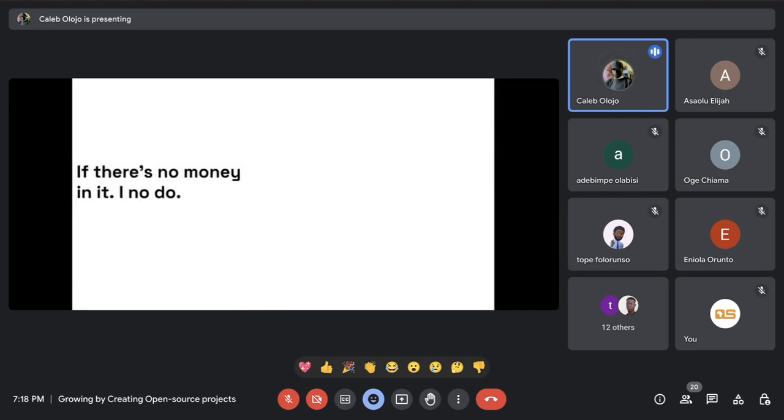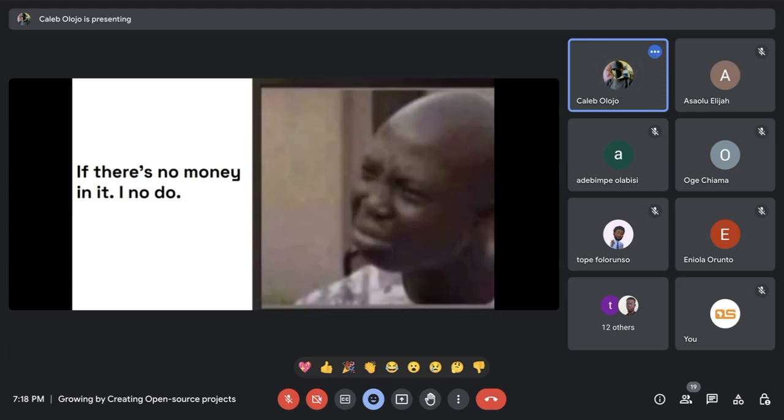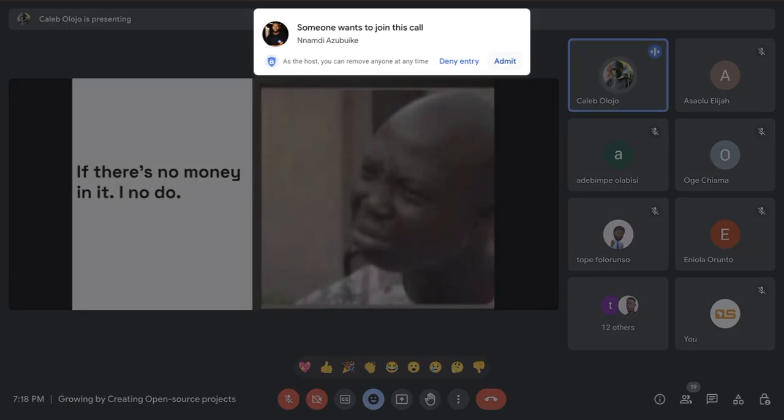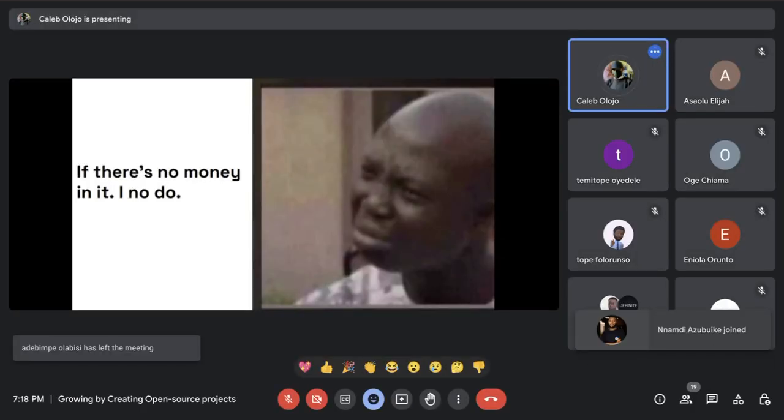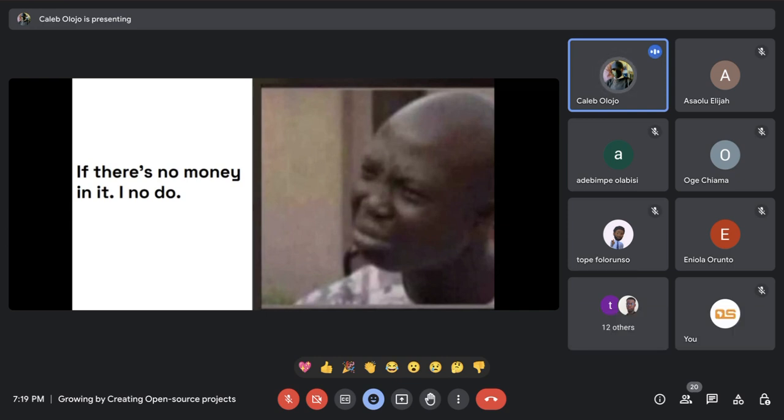So one other thing that could be a caveat for you to even want to go into open source is this sort of mentality: there's no money in it, I'm not doing it. And I'm like, what? What mentality is that? Yeah, I understand that we've all been told to go for it if money is our motivation to start something, and that's absolutely fine. But to get started in open source and grow, you need to be in the business of doing free work. There, I said it.